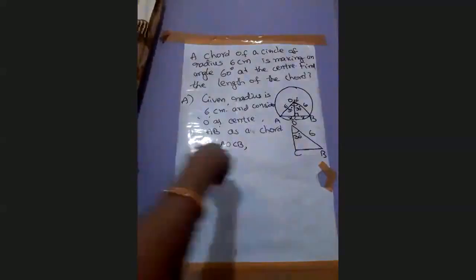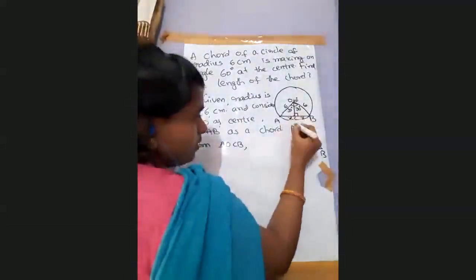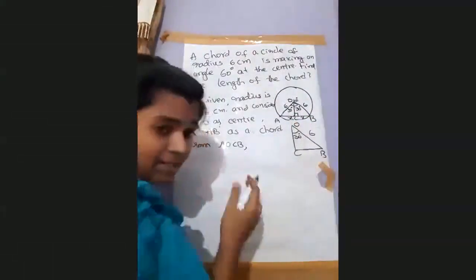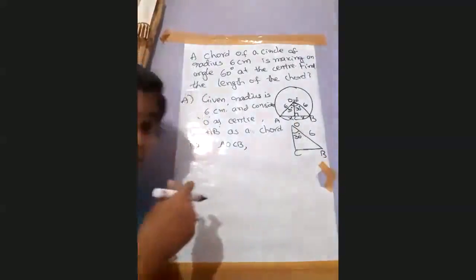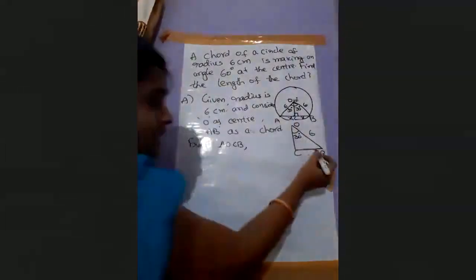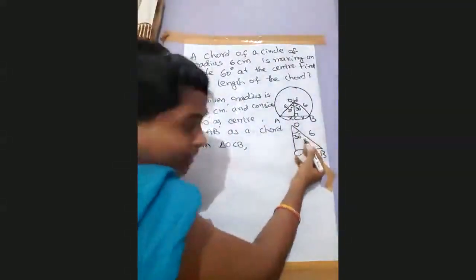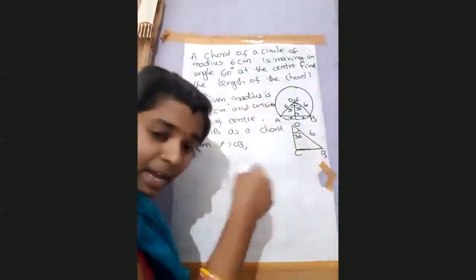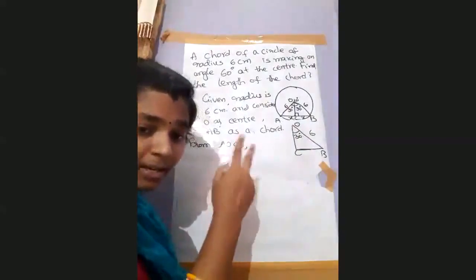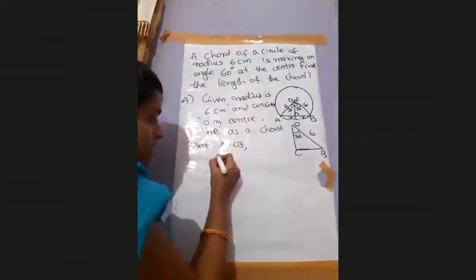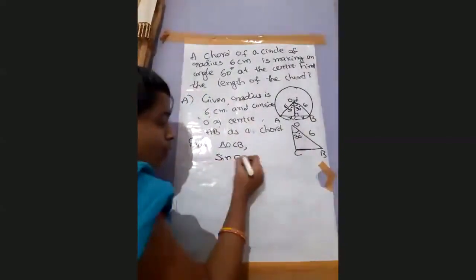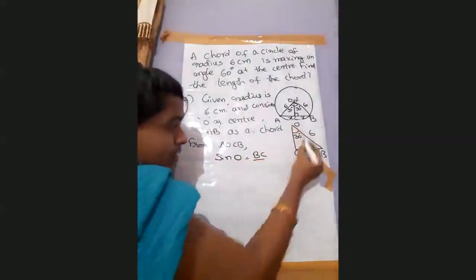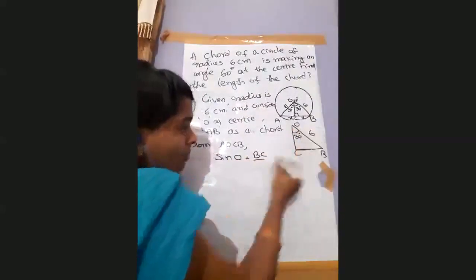How can we find BC? Let us examine here. So this is O, right? For angle O, BC is the opposite or adjacent side? Opposite side, right? BC is the opposite side to angle O. So in the numerator we have the opposite side, so which function comes, sine function or cos function? Sine or cos. So we have the sine function. That's why here I can write sine O is equal to BC over, because this is the opposite side and the hypotenuse OB.